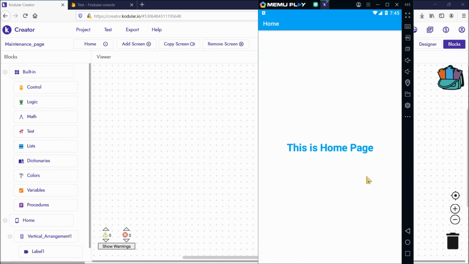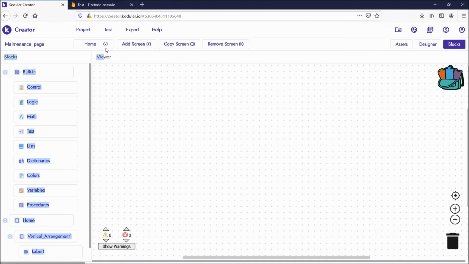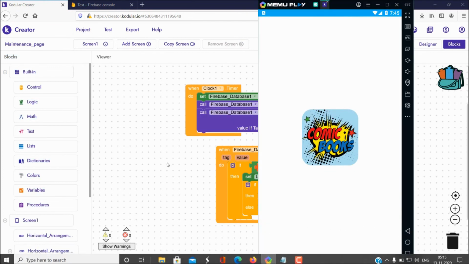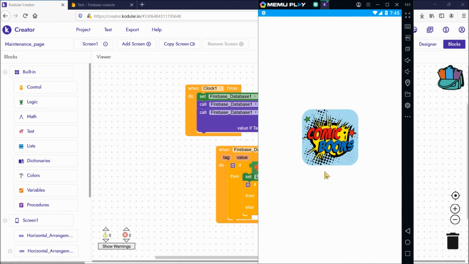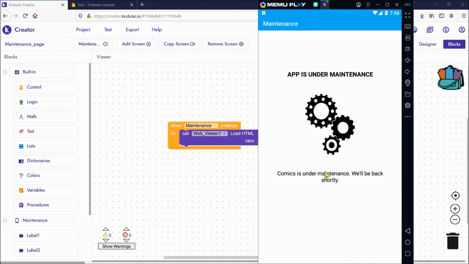This is how it works. If you keep the value again as true and open your screen 1, see, comic books. Now it should show maintenance. Yes, the app is under maintenance.